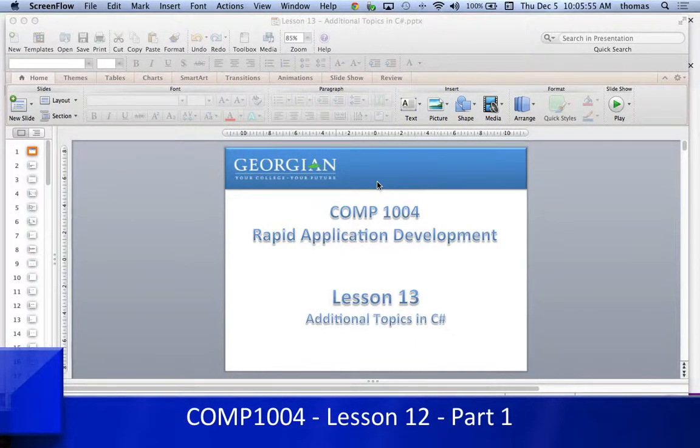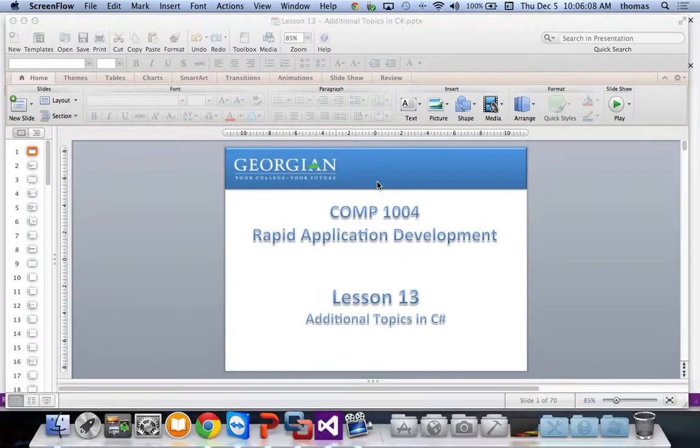Okay, so it's rapid application development. It says lesson 13, but again, if you notice, I'm kind of a lesson off. It's lesson 12 actually, so 12th lesson. Maybe it would be chapter 13, 14 in a book if I had one. But it's lesson 12, part 1. And we're talking about